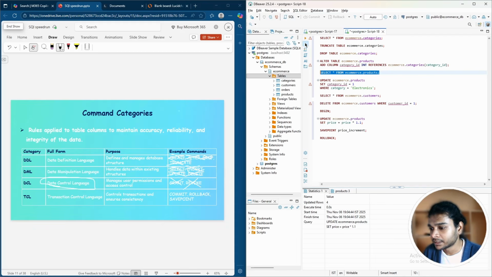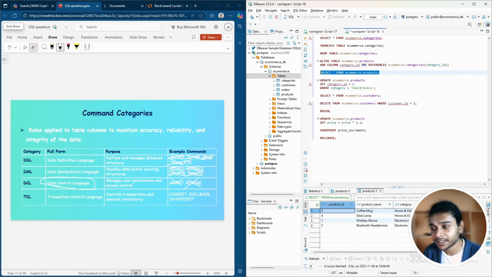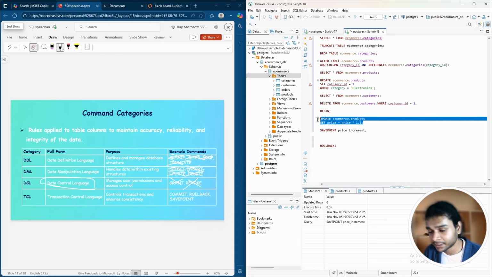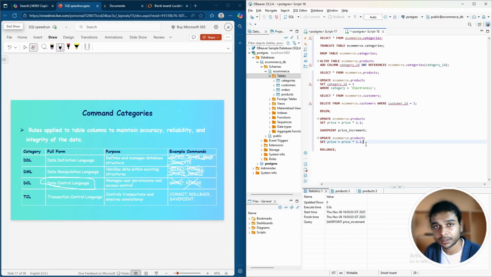Now I'm going to run this in a new tab. So now the prices are changed, but they're not committed yet. We can roll back the changes. But if we run savepoint, all right, a savepoint is like a checkpoint in the transaction. Here we put a checkpoint after this query. And now I run another query after the checkpoint here, right, we run this again